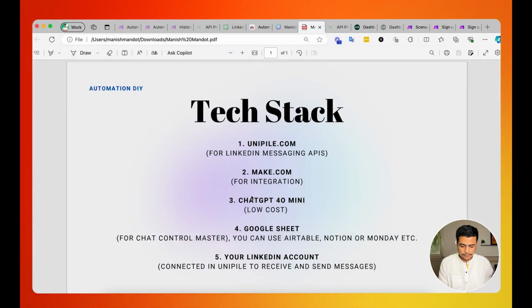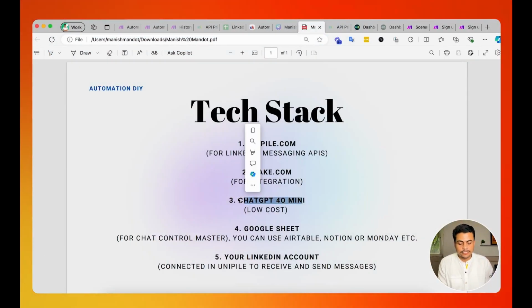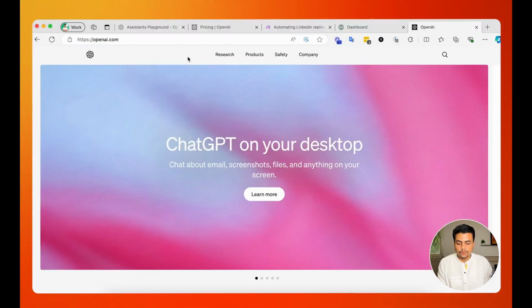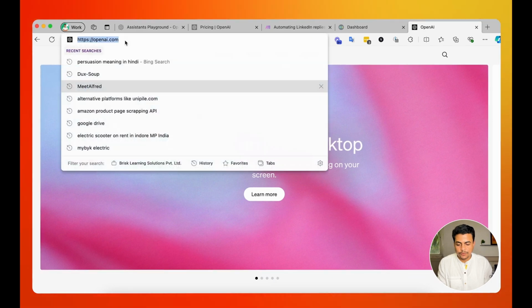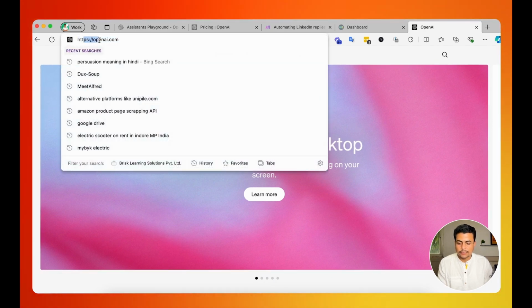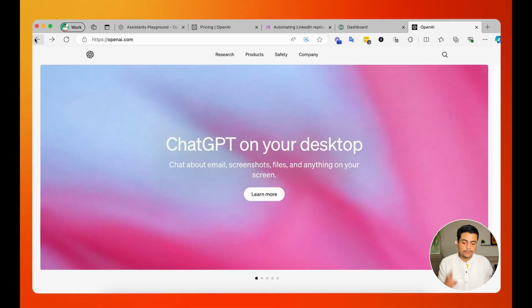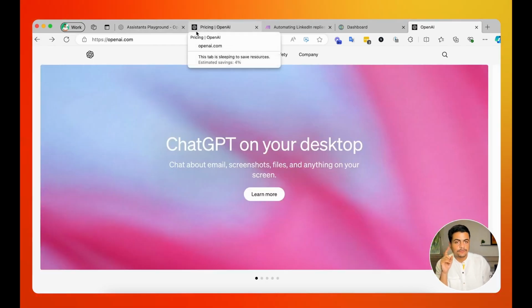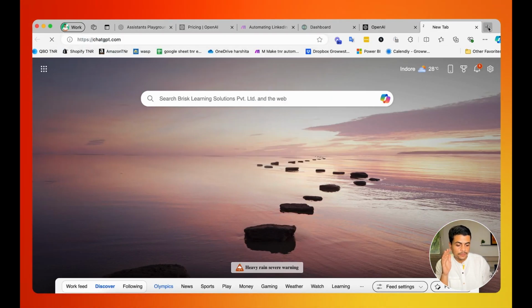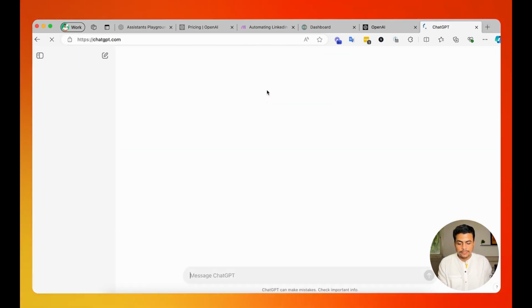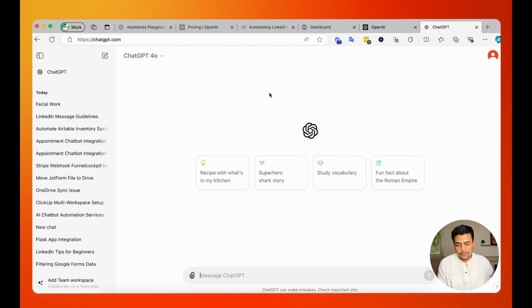Our third tech stack is called ChatGPT 4o Mini. What we have to do is simply go to ChatGPT. Okay, let's go here. This is openai.com. Now there are two types of GPTs we have. First of all, the GPT which we work on in the browser. If you simply go to chatgpt.com or openai.com/chatgpt, it will open this kind of interface,